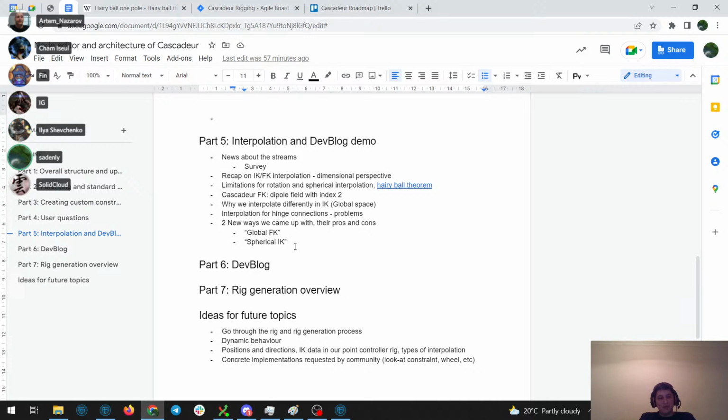Maybe it was too nerdy, too mathematically complicated today, but I think we'll try with the dev block next time and see. Maybe it will be more fun.